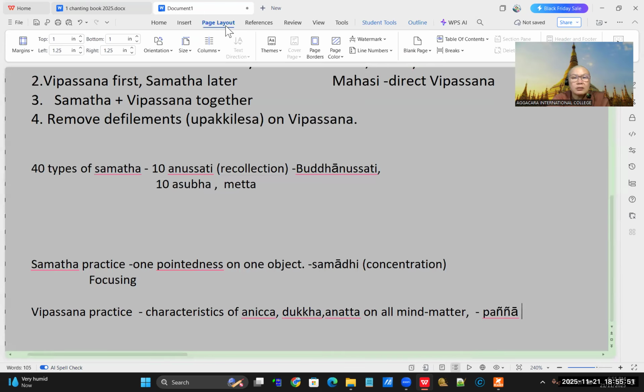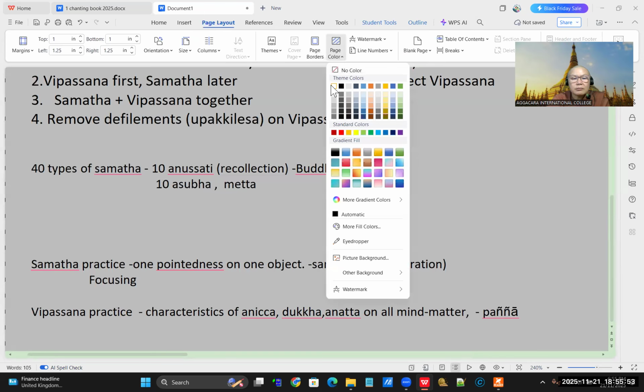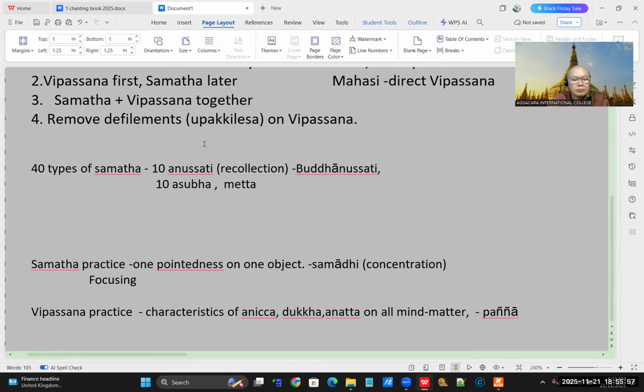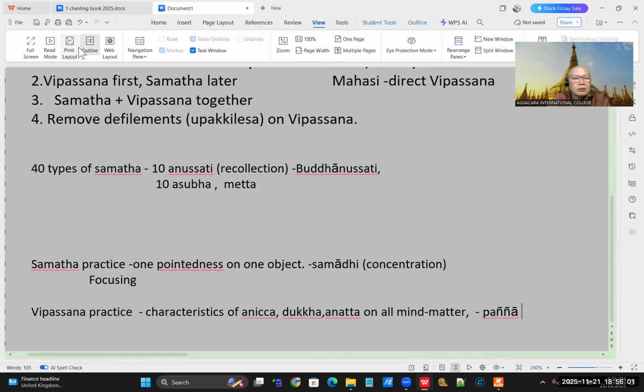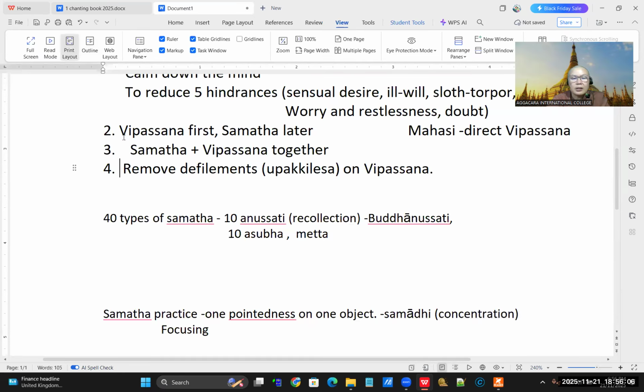Change the color. Feel like okay, right? So